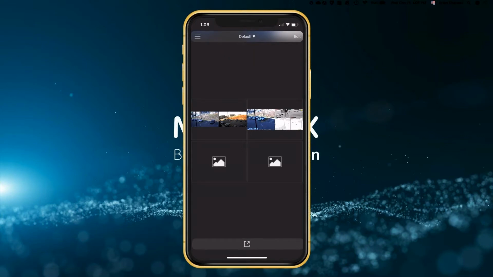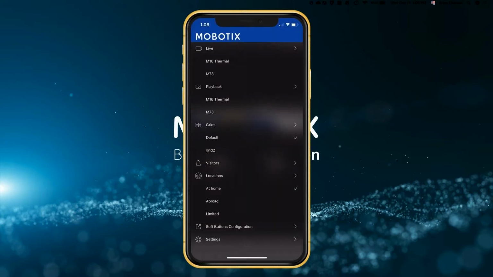Yep. Okay, so I'm going to the little menu bar that you're used to seeing in mobile apps. Some people call it the hamburger, there in the upper left-hand corner. That's a settings button, so I'm going to press that, and you see what opens here. We can go into a live mode per camera.